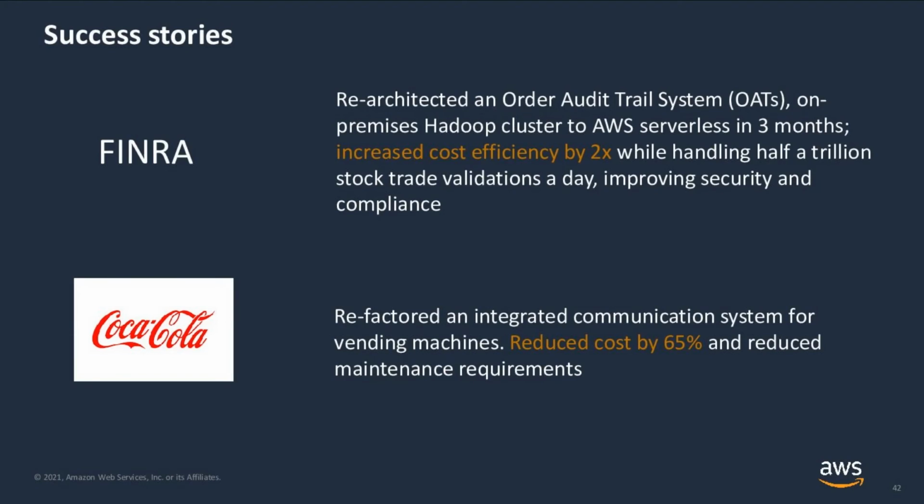months. They increased cost efficiency by a factor of 2 versus their previous on-prem system. They also reduced their processing times and can now easily scale to handle up to half a trillion validations every day. Coca Cola is a great example of how a serverless strategy enabled agility when they had to react quickly